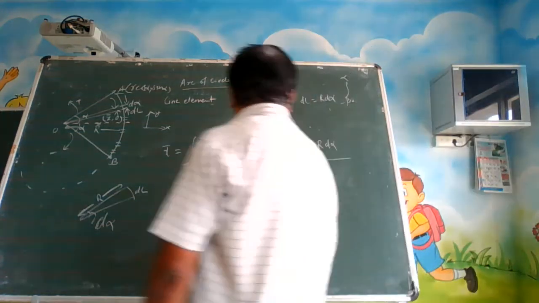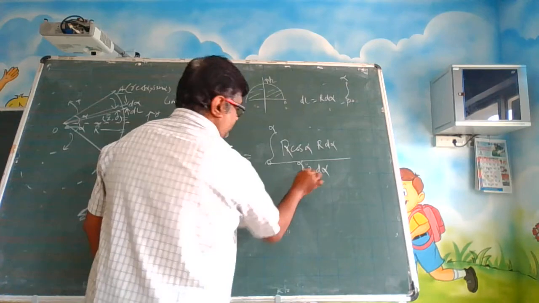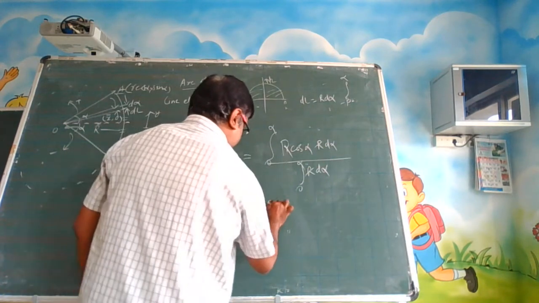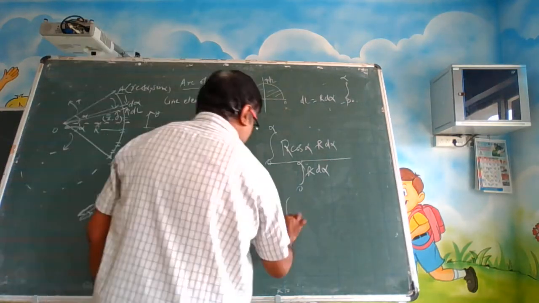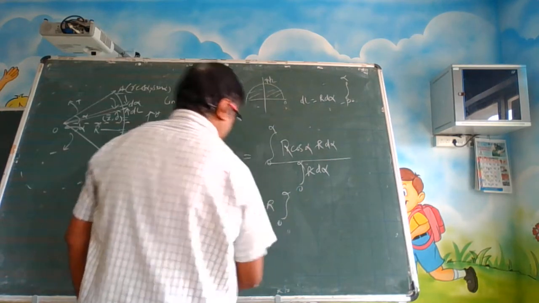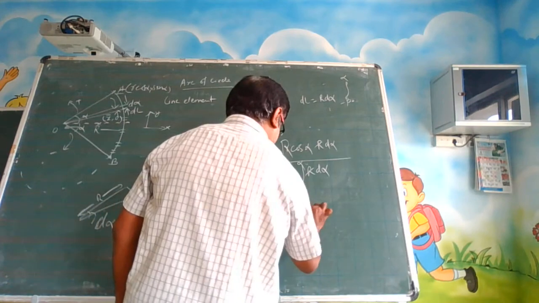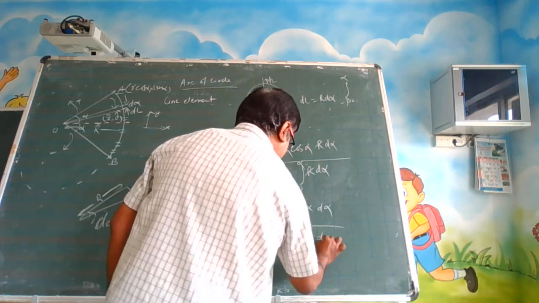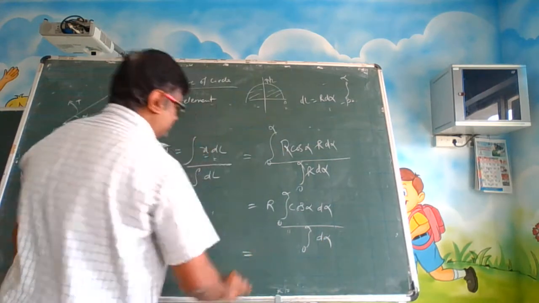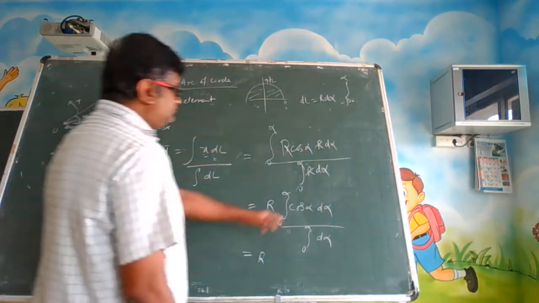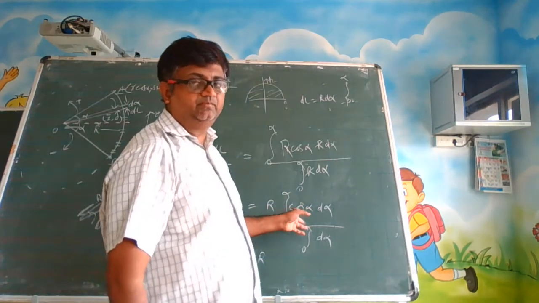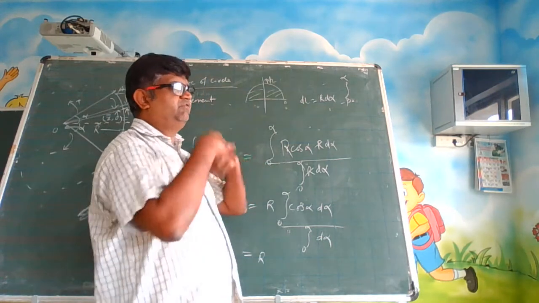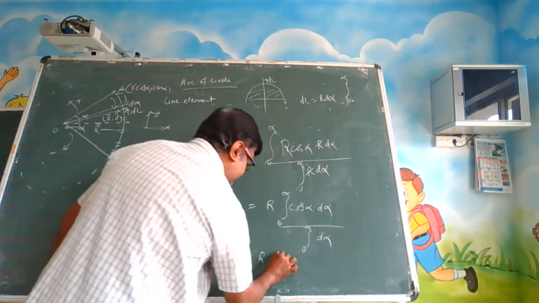So, just solve this now. There are 2 r's here, in the denominator there is 1 r, it's a constant. So, you can cancel out 1 r. So, this becomes r times the integral from 0 to alpha of cos alpha d alpha, divided by the integral from 0 to alpha of d alpha, isn't it? So r times the integration of cos alpha, it is minus sin alpha, isn't it? Minus sin alpha, if we differentiate, we get cos alpha, so it is only sin alpha, no minus here.